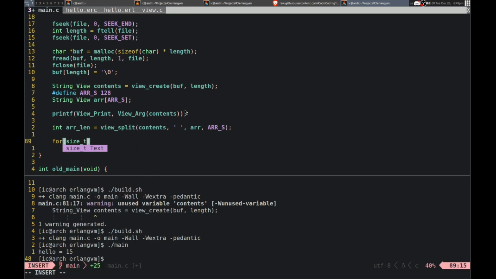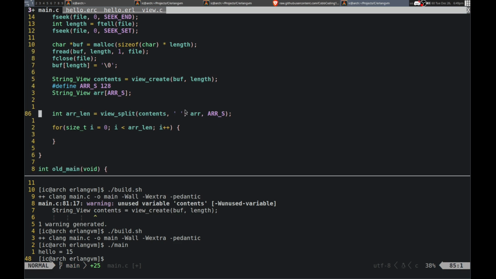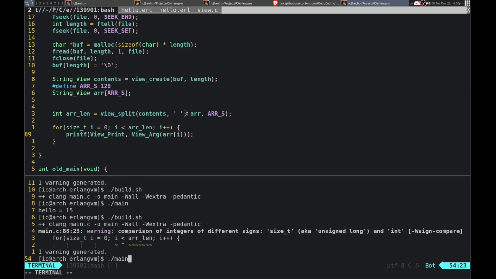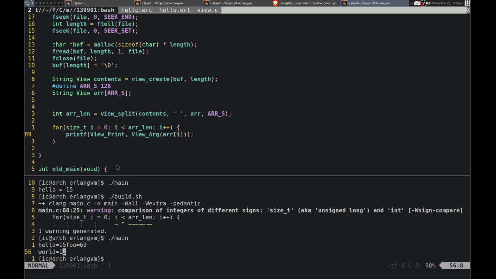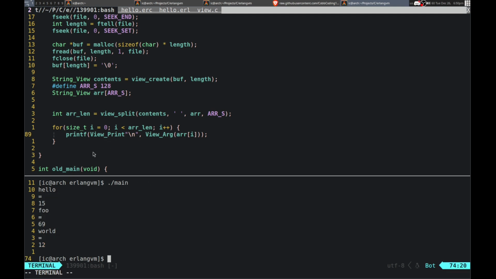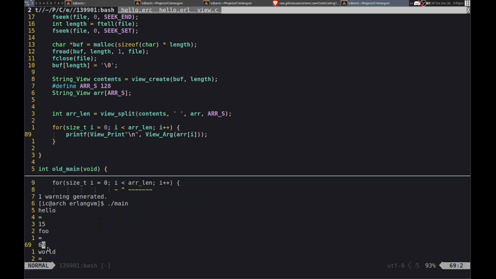But then I will iterate over this. I is less than array length, I plus plus, and just print out the current one. So, let's see, array I. Alright, let's see what we get. That's fine. Okay, yeah, so that's interesting. Why did they do it like that? This one actually split properly. Shoot, I didn't add a new line, so that might be wrong. Okay, then there's a new line for each one. That's actually fine though. So then, yeah, they're in groups of 3.